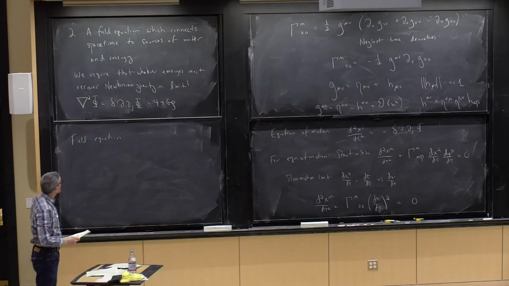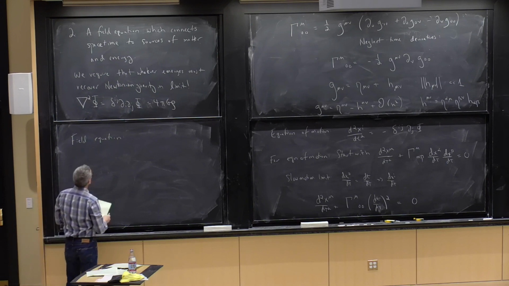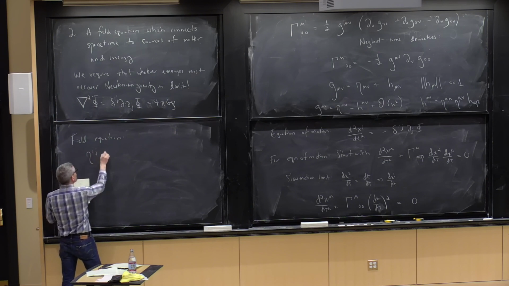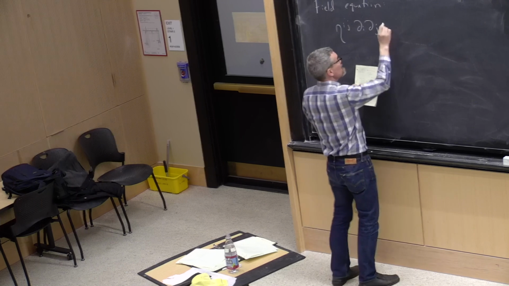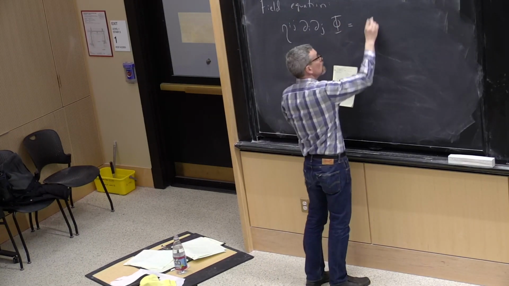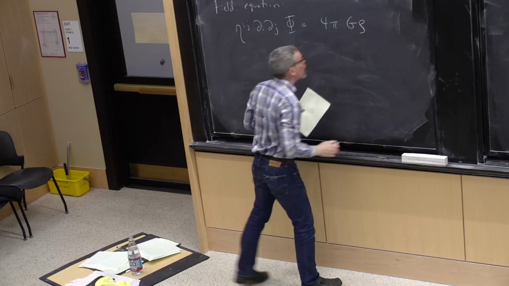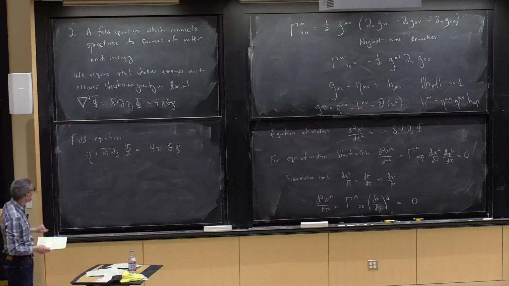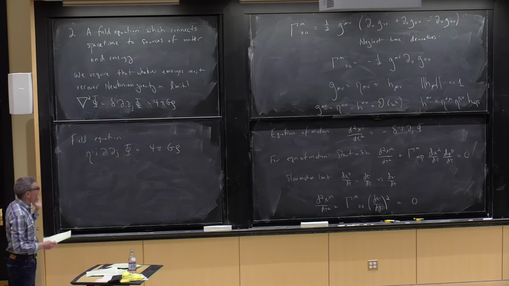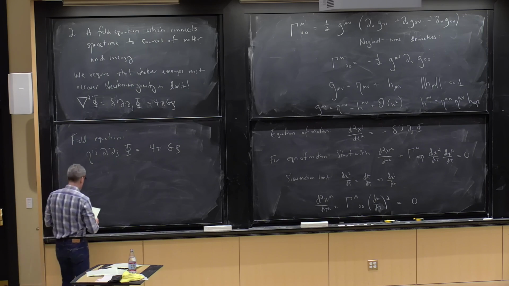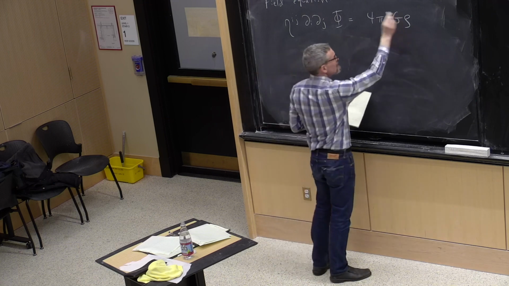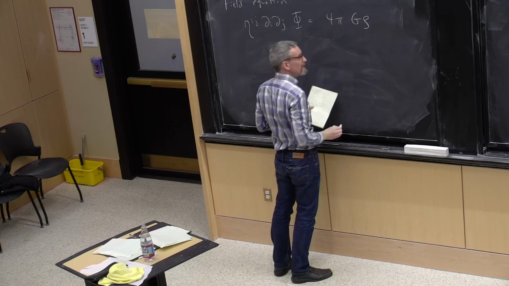So very helpfully, I've already got the Newtonian field equation right above me here. Let me rewrite it because I'm going to want to tweak my notation a tiny bit. I'm going to want to think about what this is telling me. So eta ij is the same thing as delta ij. I just want to put it in this form so that it looks like a piece of a space-time tensor. This is manifestly not a tensorial equation. I have a bunch of derivatives on my potential being set equal to, okay, there's a couple constants, but this